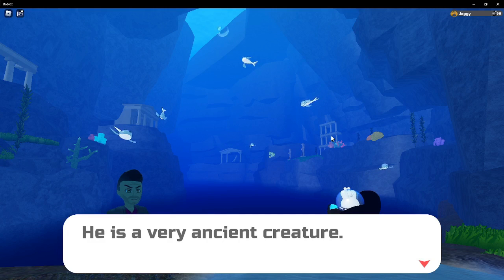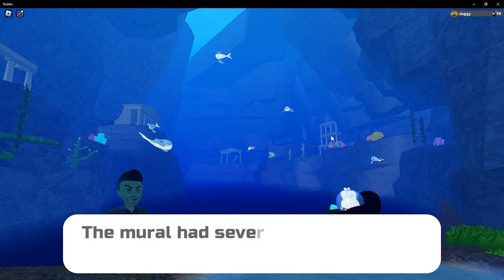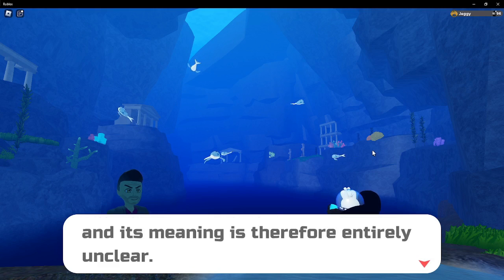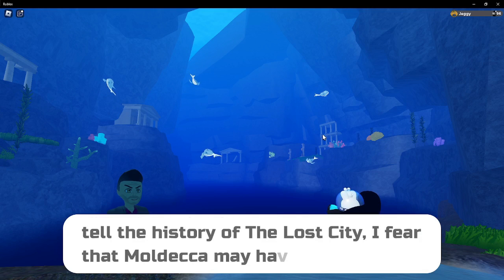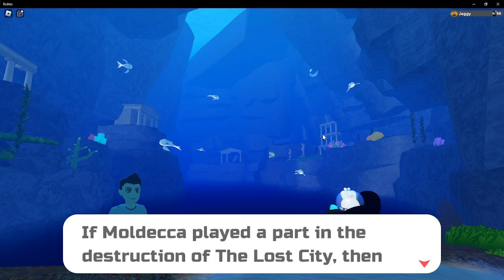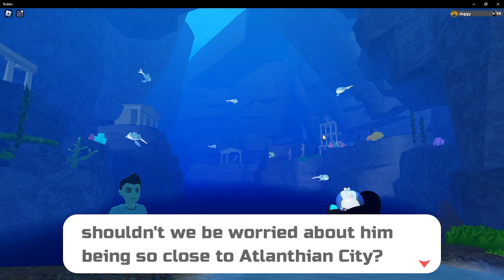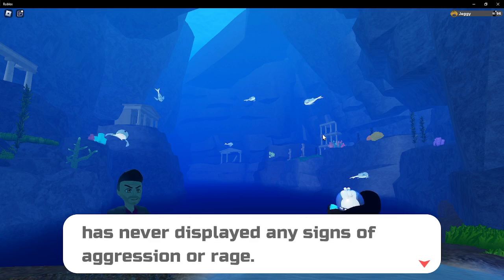Anyway, he is a very ancient creature. I discovered Moldeca featured in one of the Lost City's murals. The mural had severely deteriorated and its meaning is therefore entirely unclear. Given that the murals were used to tell the history of the Lost City, I fear that Moldeca may have had something to do with the destruction of the Second Era Lost City. If Moldeca played a part in the destruction of the Lost City, then shouldn't we be worried about him being so close to Atlantean City? I was nervous at first, but Moldeca has never...